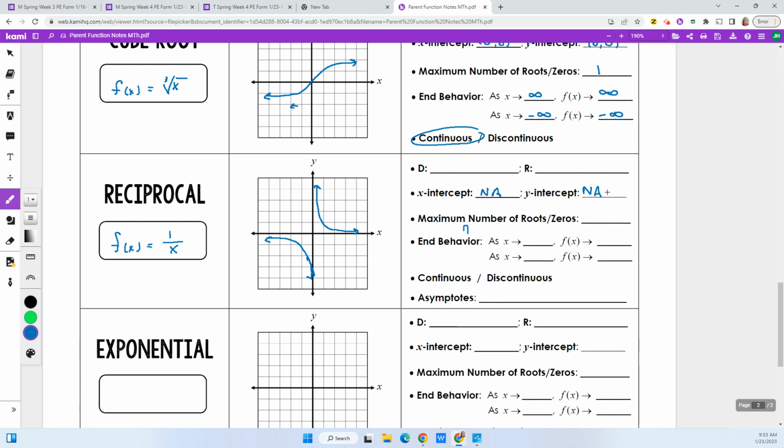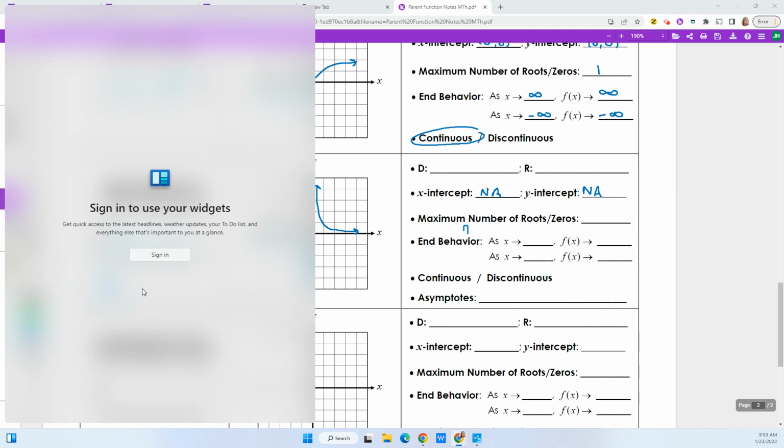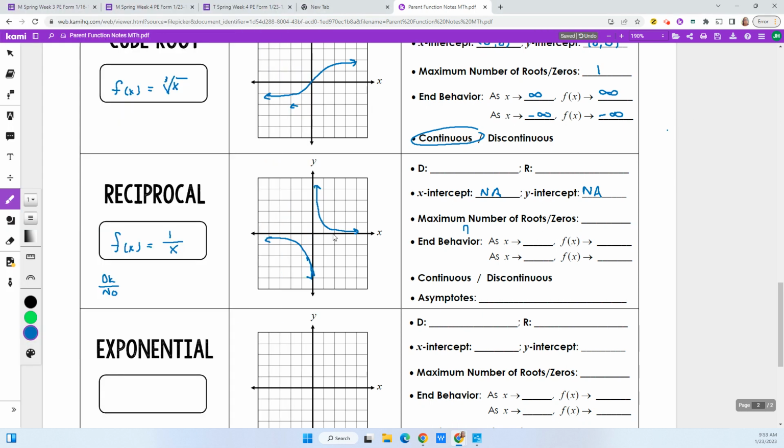Because it's a fraction, I can't put in 0 for x because it's in the denominator. I don't know if you remember the whole, okay, no, because you can't divide by 0, right? So you're never going to see 0 as an x value because it can't be. We're not allowed to divide by 0, which means x or y will never reach 0. And so neither of these